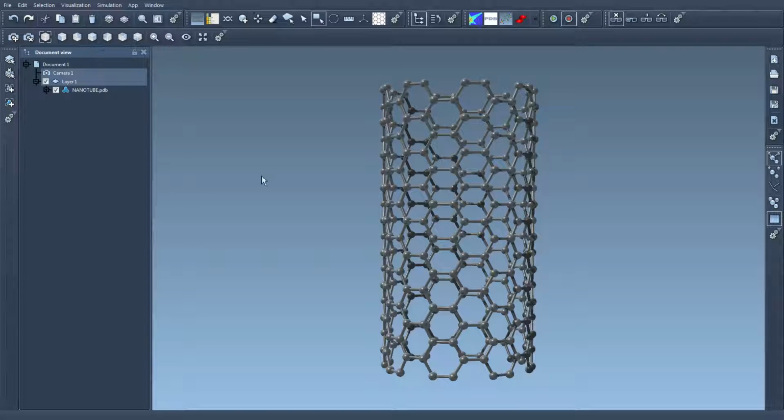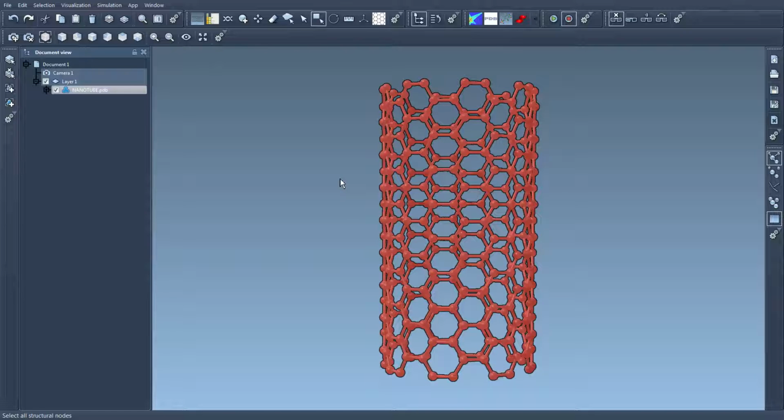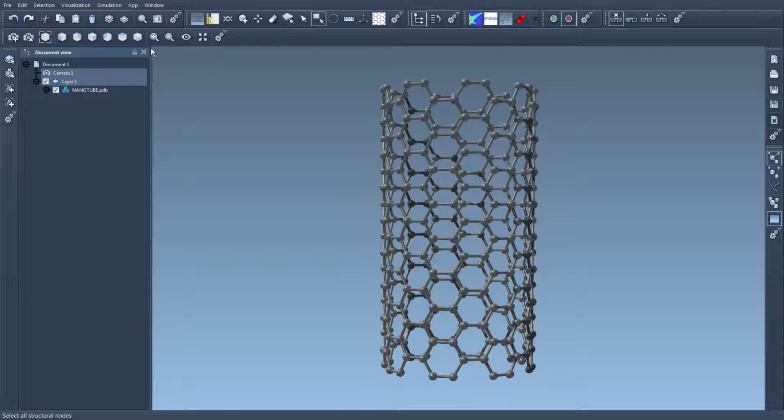So in SAMSON I can add a simulator to a group of atoms. For example, I could select these atoms and apply the simulation only to this part, or select everything, or select nothing and apply a simulator, because SAMSON will ask me whether I would like to apply a simulator to all atoms in the document, since I have no atoms in the selection. So I say OK,